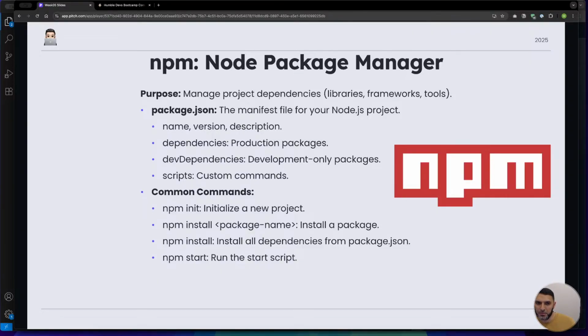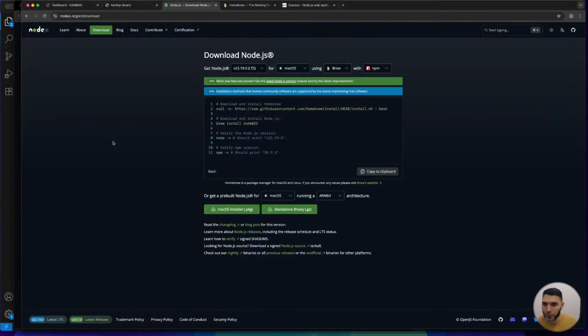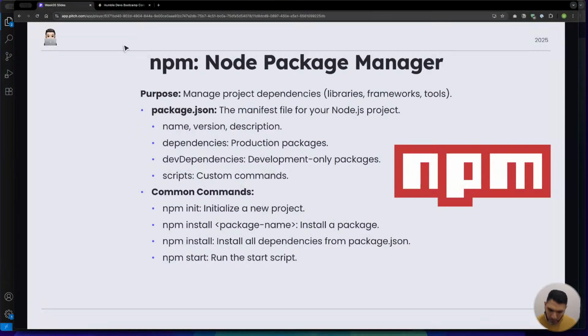So npm again is the Node package manager, which we installed by default as we were going to install this. So again, when we chose the version, we're like, okay, we're on Mac, we're going to use Homebrew, you can use something different, and we're going to use it with npm by default. And this is where the Node package manager comes in. So what does it do? It manages our